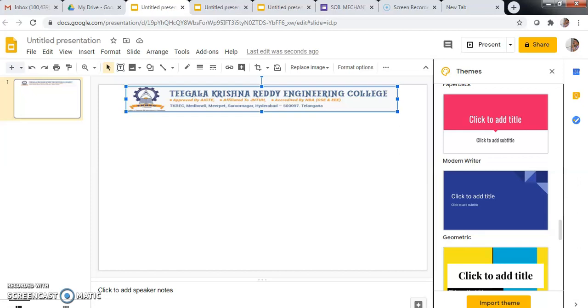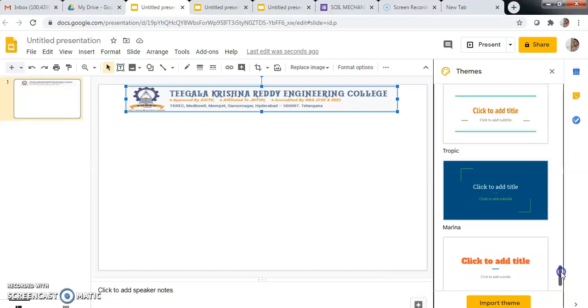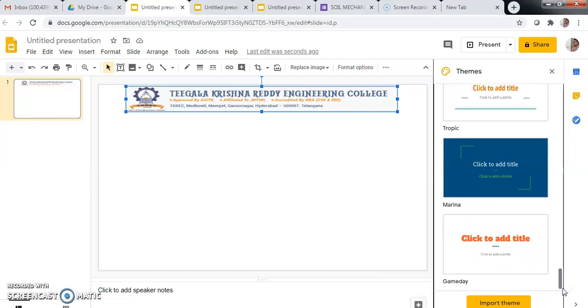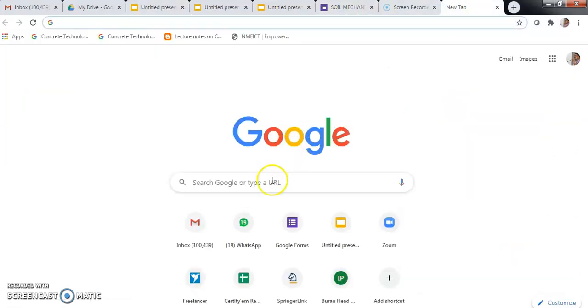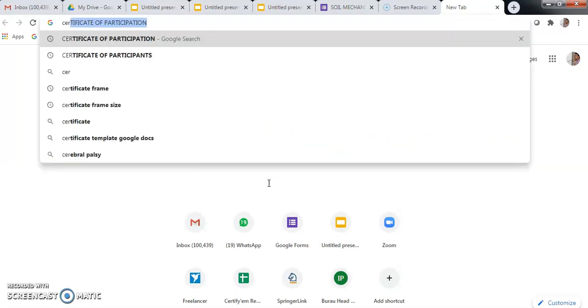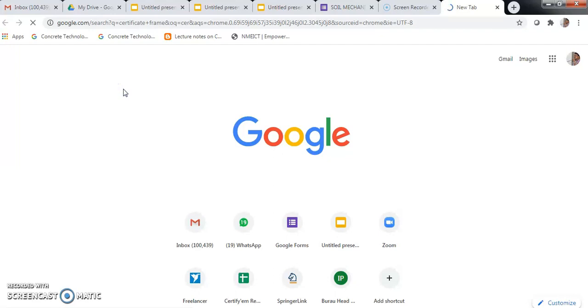If you want a new template, you have to choose the image option. Otherwise, if you want a new template, click the certificate frame. I'm clicking the certificate frame.